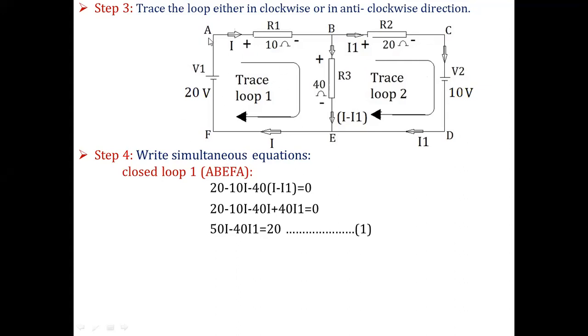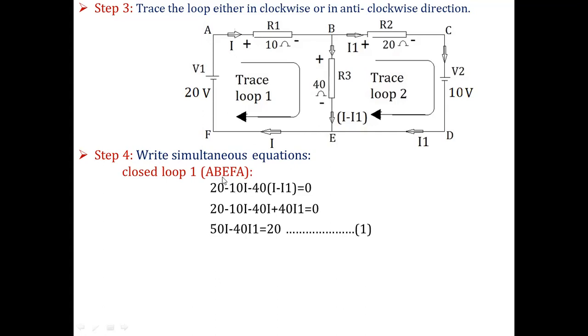Then apply the Kirchhoff's voltage law for writing the equation. लूप के लिए, ये लूप को KVL अप्लाई करने का। First one A to B, voltage drop क्या है, V equal to IR, I is I only here, R equal to 10 ohm है, so 10 into IR होगा ना. We know that one, so 10 I, the sign is minus here, so minus 10 I we have